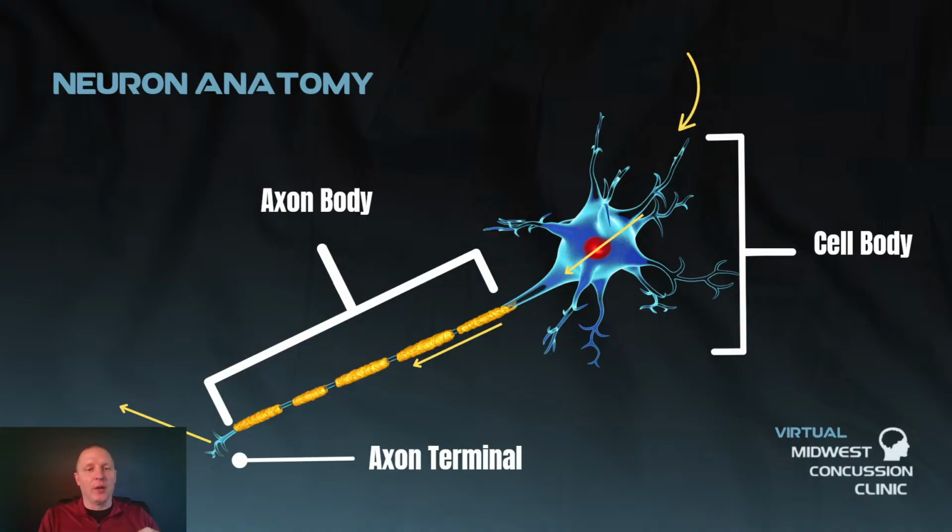That's the final part of that axon where those electrical signals will travel and be passed to the connecting neuron cell bodies. So if we look at the neurons, the yellow arrows at the top part of the screen, the electrical signal is interpreted by the dendrites down at the very bottom of the neuron cell body. The dendrites will interpret the electrical signal from another neuron. It'll pass it through the cell body. It'll come down the axon body through those myelin sheaths down to the axon terminal